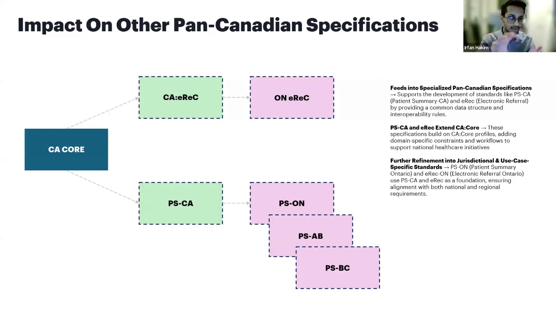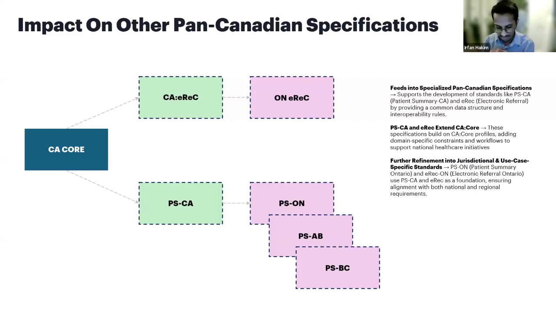And then furthermore, you can define a pan-Canadian e-referral e-consult guide, make minimum modifications there, make it specific to Ontario's e-referral e-consult guide, make it more relevant by focusing a little bit more on PHIPA,